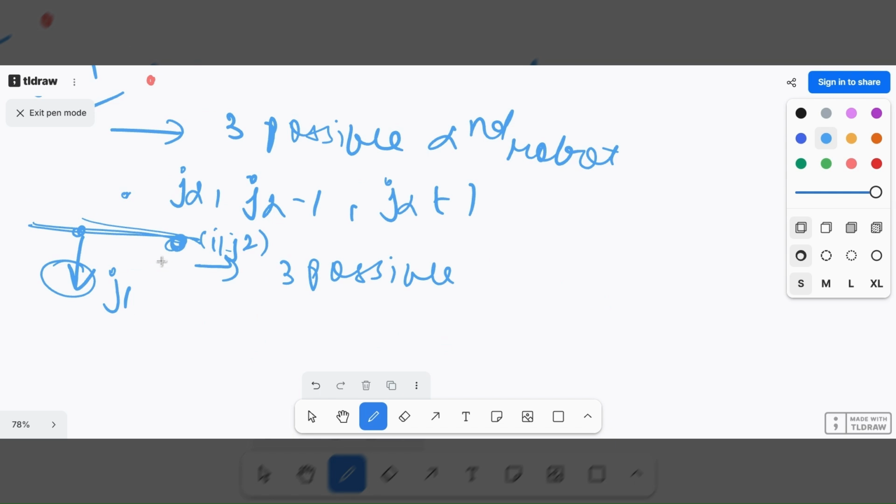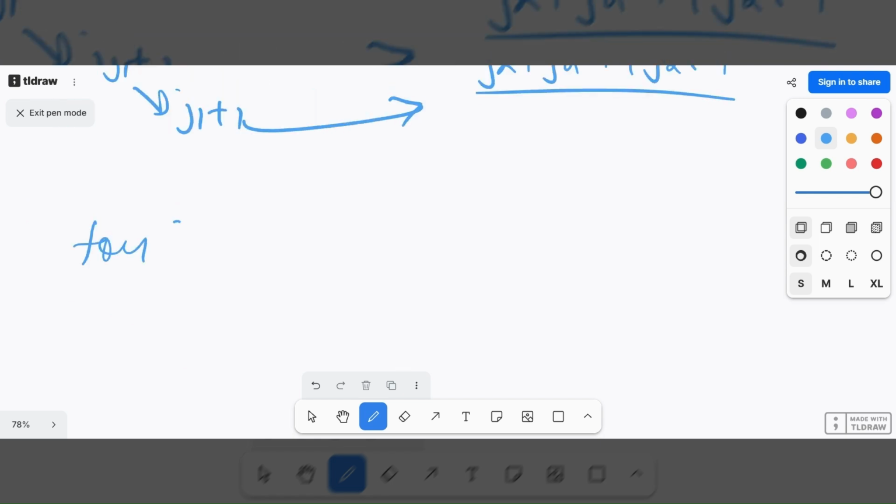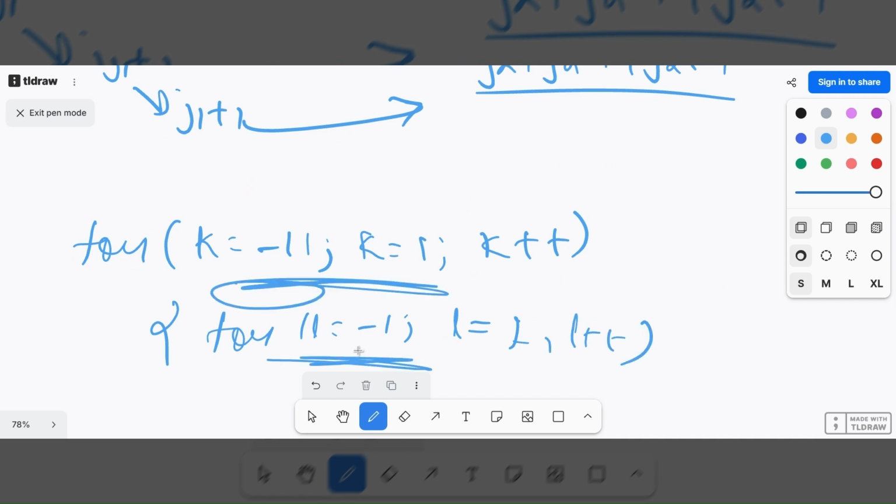Okay, and it can either go to j2, again j2 -1 or j2 +1. And similarly for j1 +1 also you have three different conditions. So you can make a loop of for k equal to -1 till k +1 and k plus plus. And similarly for l equal to -1 to l equal to +1 and l plus plus. So by moving this, we have three different conditions and total nine possible conditions together for robot 1 and